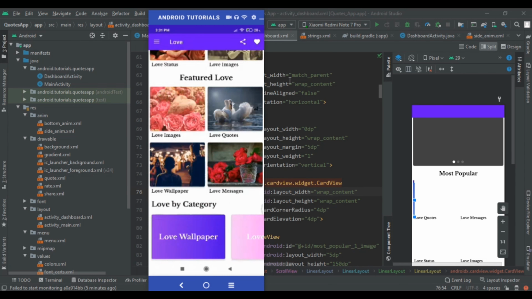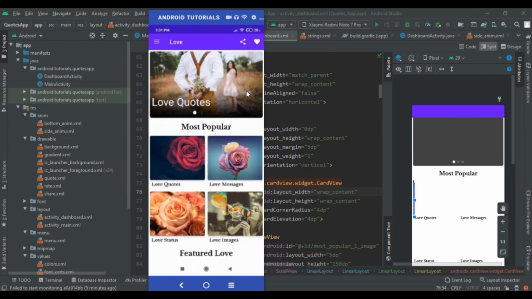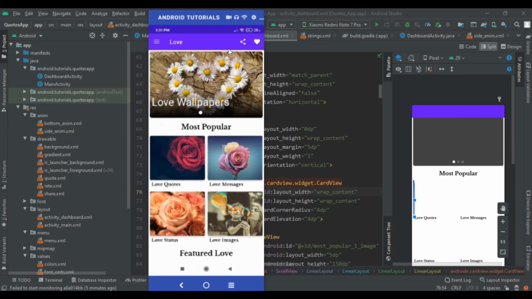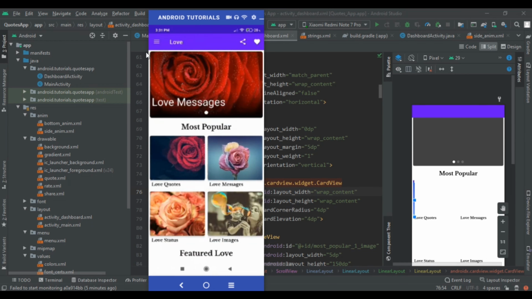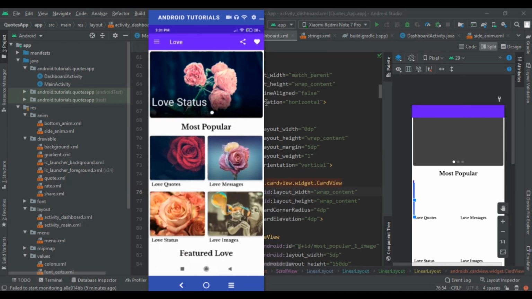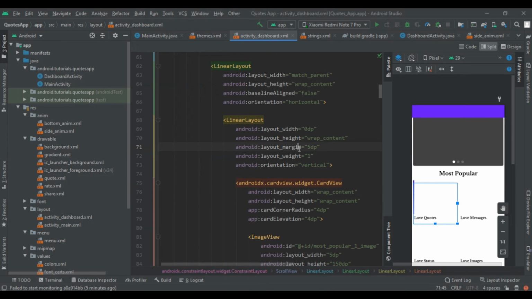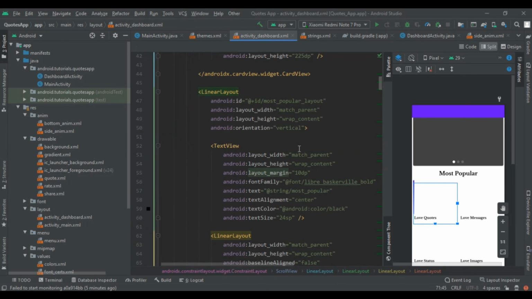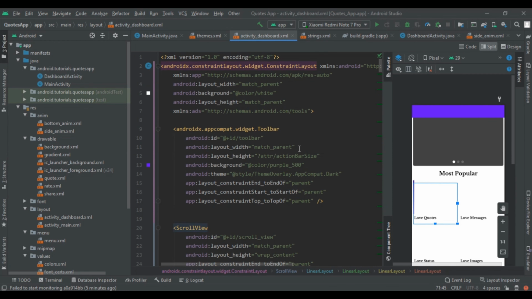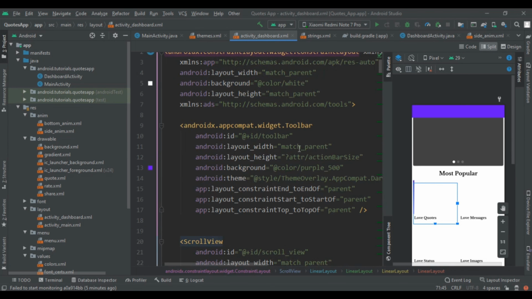So first of all, we have to implement the scroll view, after this toolbar, and aligning them to the parent sides. So here I had coded our dashboard activity.